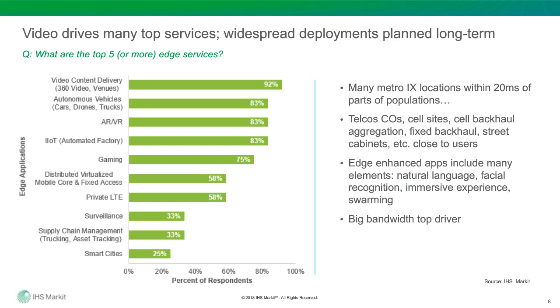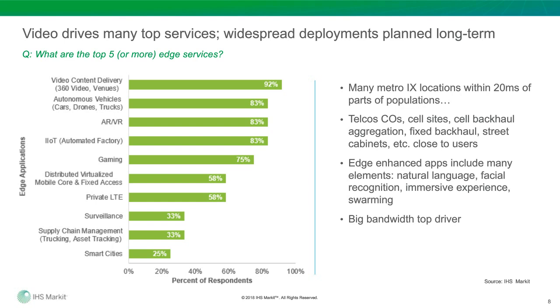And the carriers, the telcos, have an advantage because they already have many locations, like central offices and cell sites, that are already within a few milliseconds of the end user. What's going to be needed for some of the other applications that we see listed here, like AR, VR, autonomous vehicles, IoT and gaming, is that we will need to have that compute in those locations.